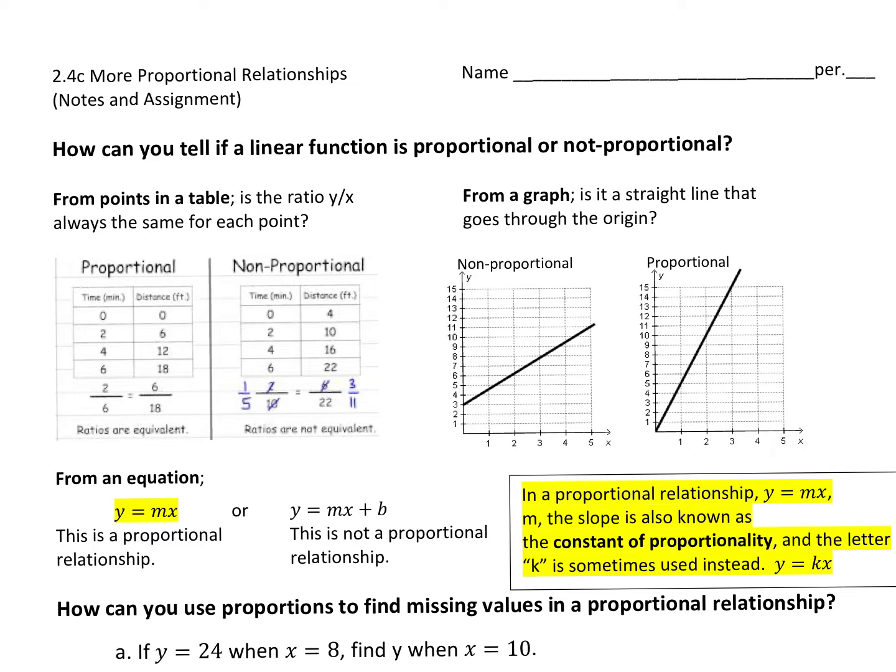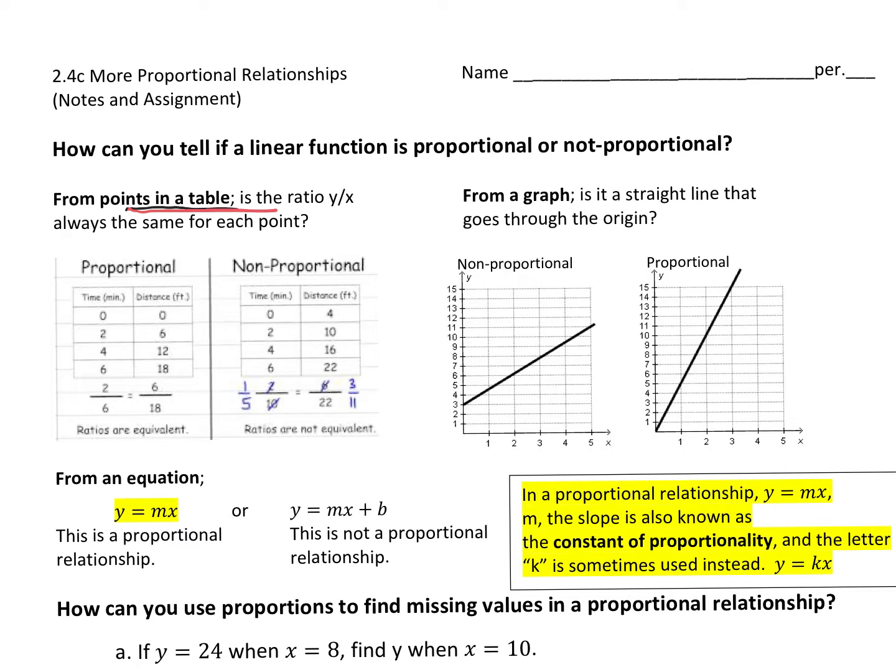Okay, this video is to help you with assignment 2.4C if you were having trouble with that. You'll notice that up here at the beginning, we just have some information for you. This is how you can tell if a linear function is proportional or not proportional. There are three different ways that we can look at a function: from points in a table,